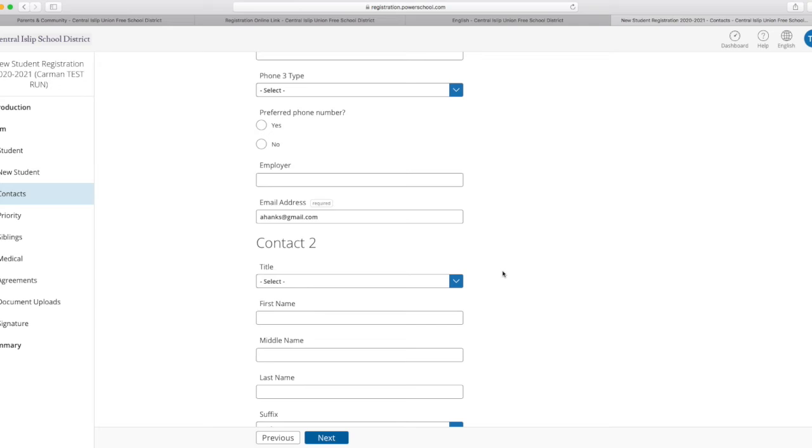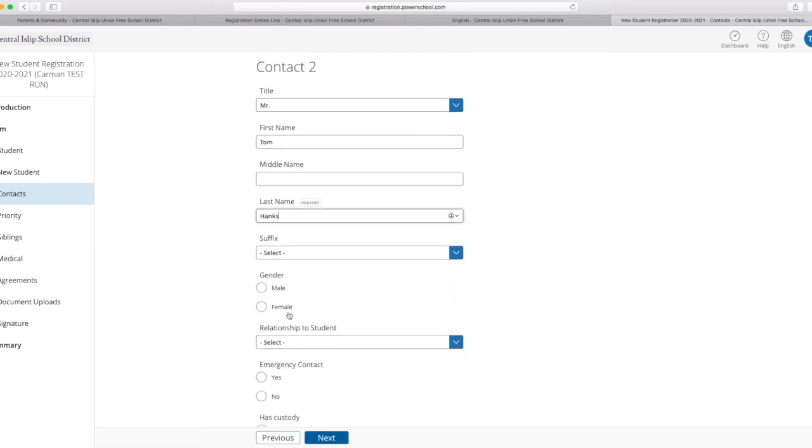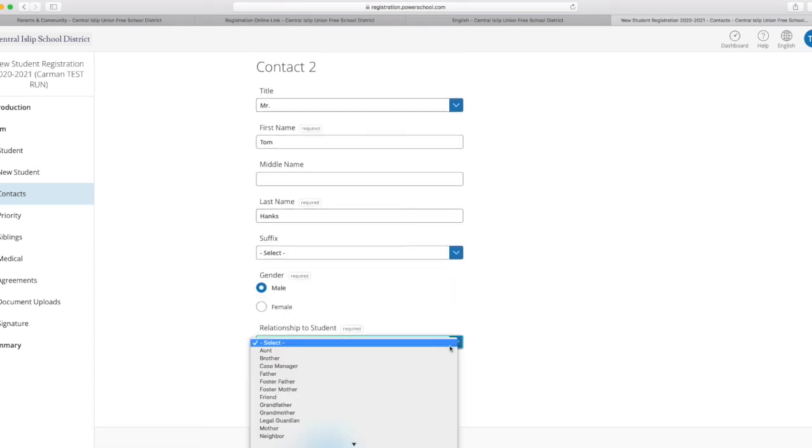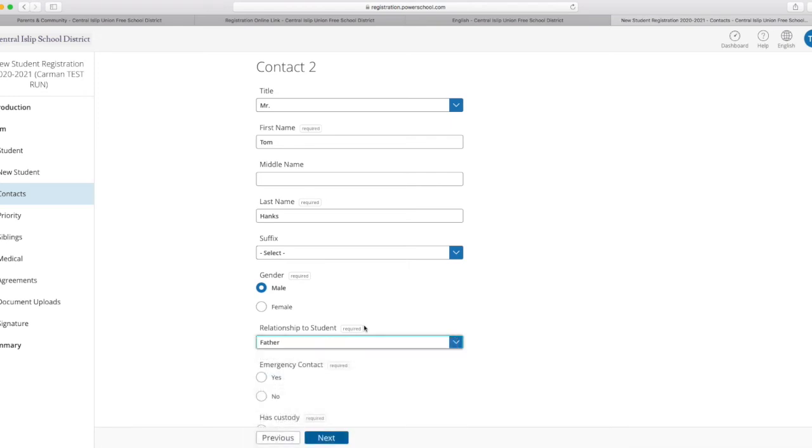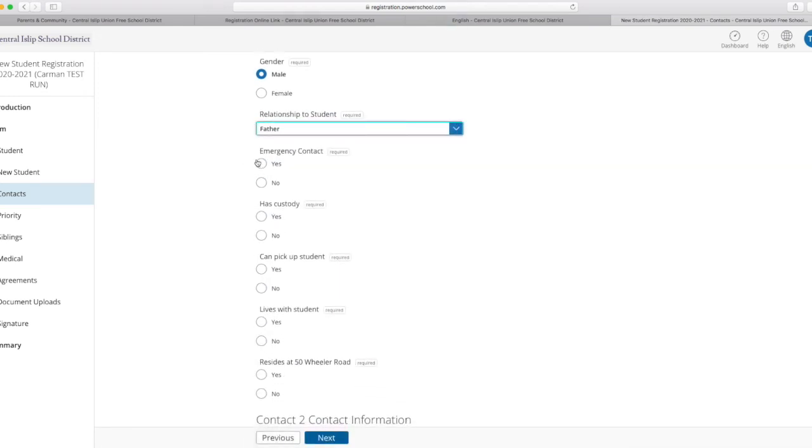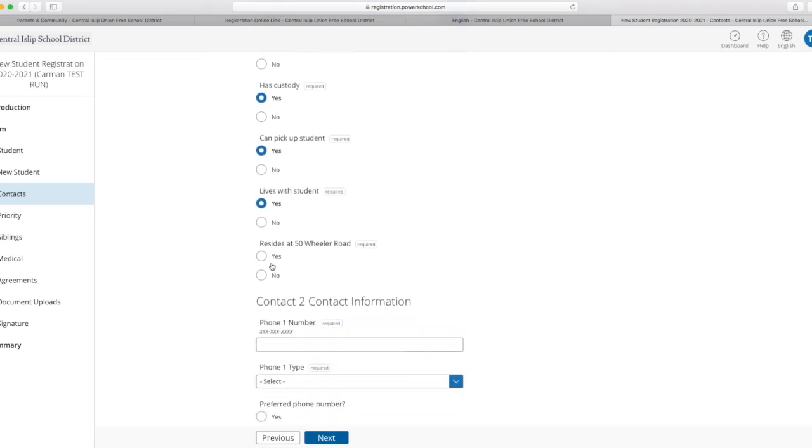Contact person, here you can write your second contact. So let's just fill in: emergency contact, has custody, pick up the child, lives with the student, same address,